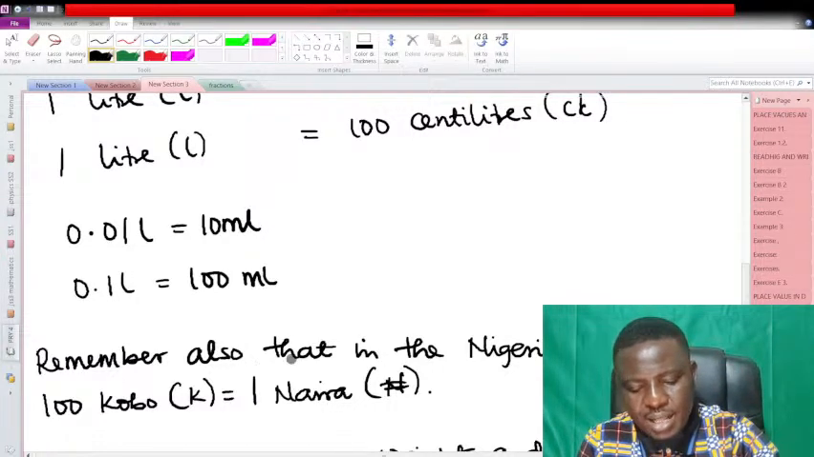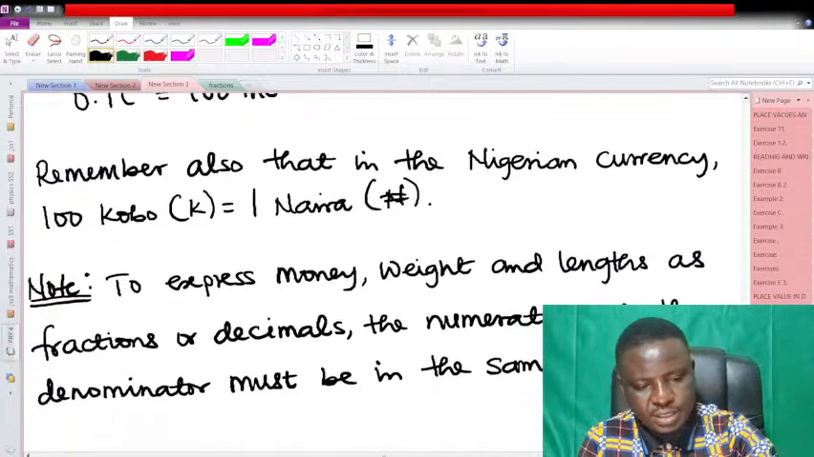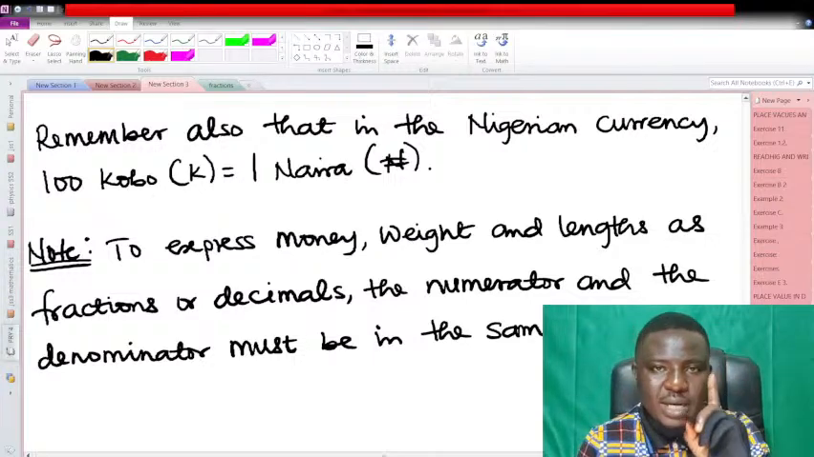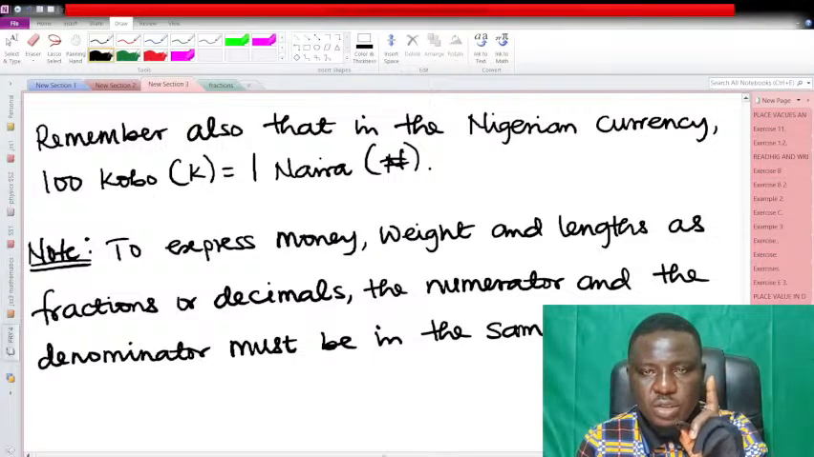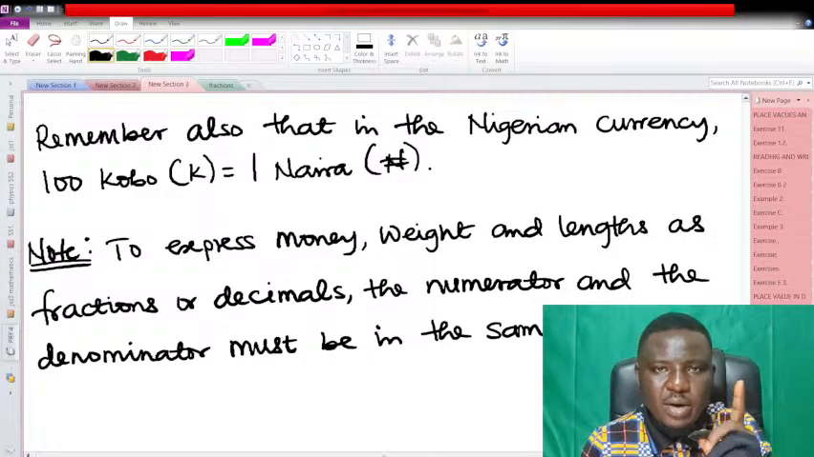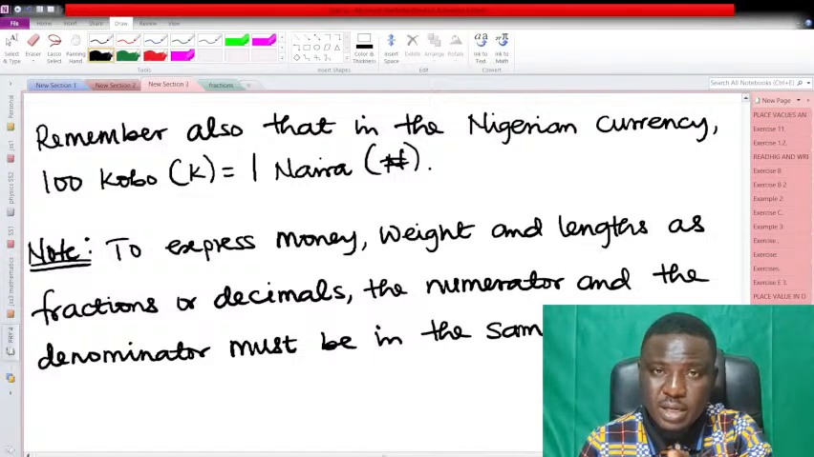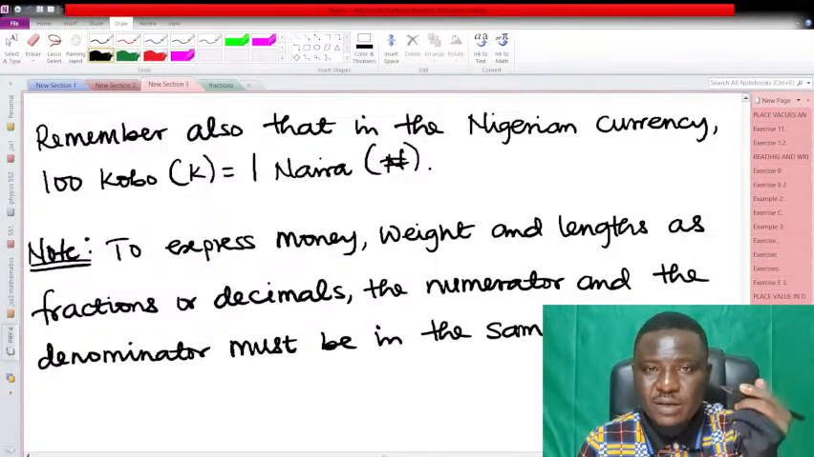Now, also remember that in the Nigerian currency, we have 100 kobo equal to 1 naira. In the conversion, 100 kobo is equal to 1 naira. And of late, we started having the currency conversion from naira to dollar, dollar back to naira, and dollar to euros and the rest. As it stands, as of last week, we heard that in dollars, you have